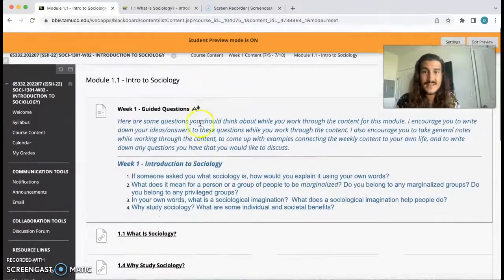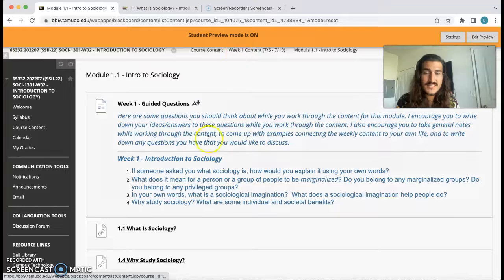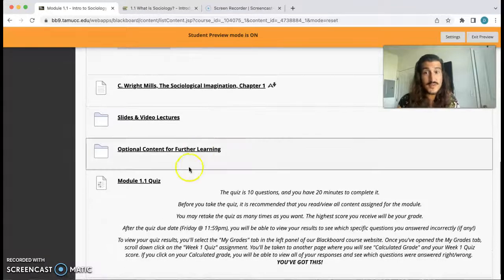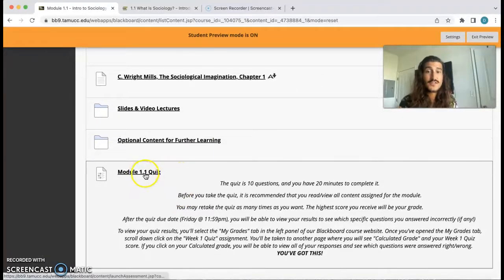All right. So the next thing, if we go back to our to-do list, is to complete your module quizzes. In each module folder, you will see there is a quiz. These quizzes are 10 questions, all multiple choice, true and false, just to assess your learning of the main ideas, concepts, and theories presented within each module. I recommend that you work through all of the content in the module before you take the quiz. However, you can retake the quiz as many times as you want, and I will only count your highest quiz score for your final grade.